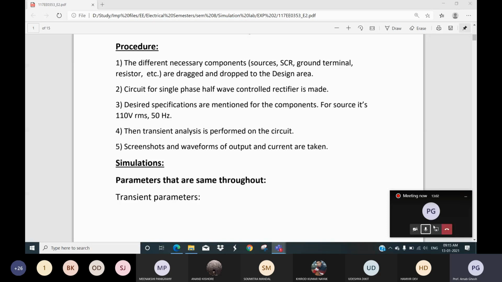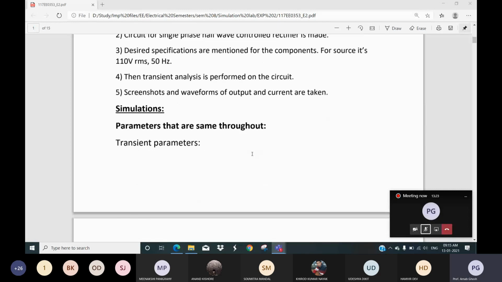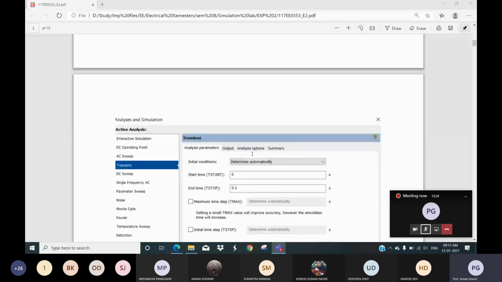Sir, Ankit told me he completed a simulation for this lab, so he said I have to do it for the next lab. Okay, you just take it and come. Achha, go for the simulation. Okay, the procedure is more or less okay. Procedure is important, but 5 points is enough.